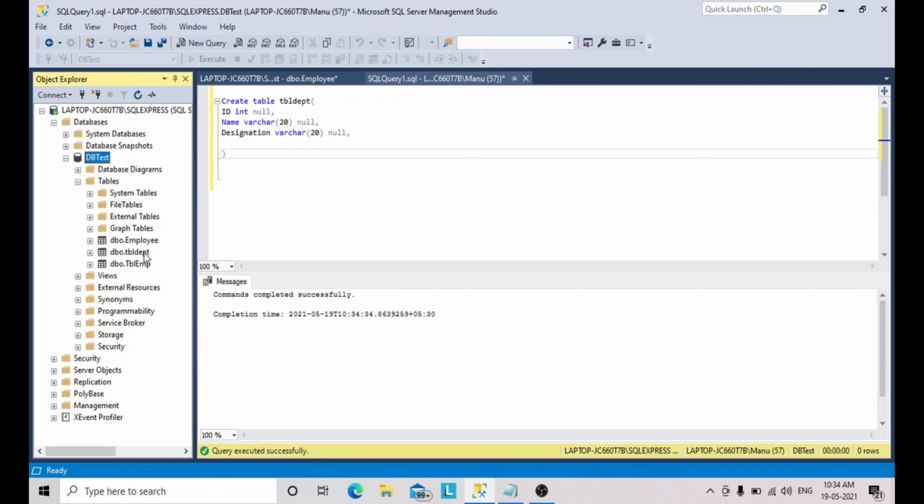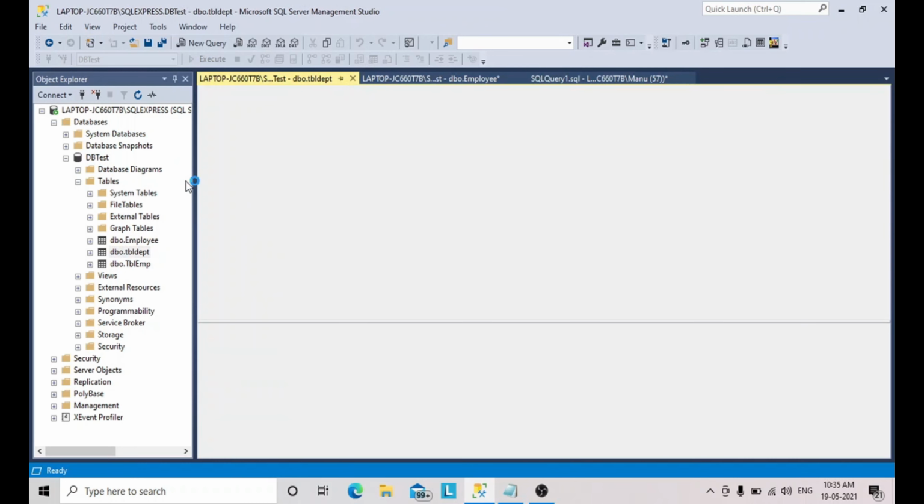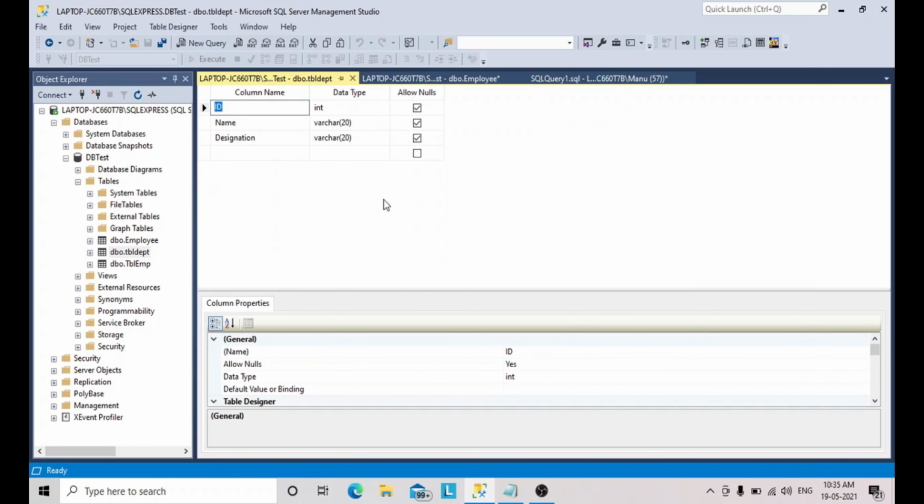Refresh and open this TBL department. See, now these three columns are allowing null values.